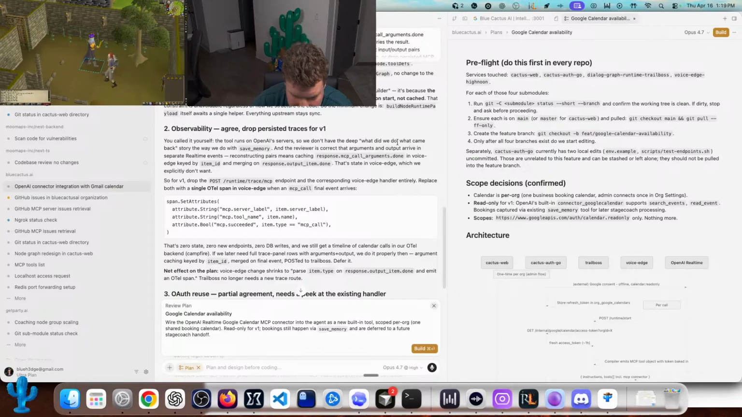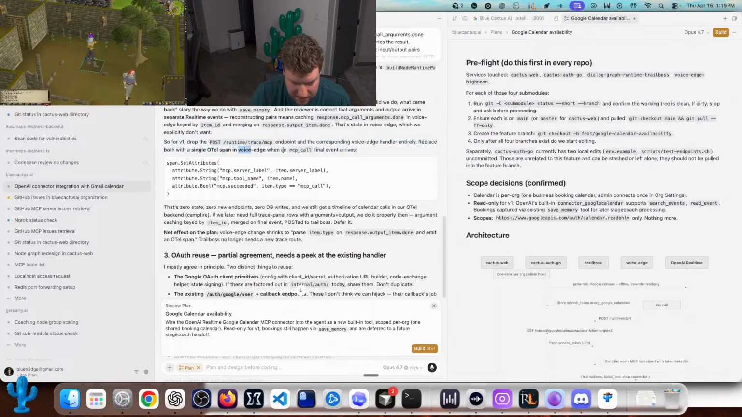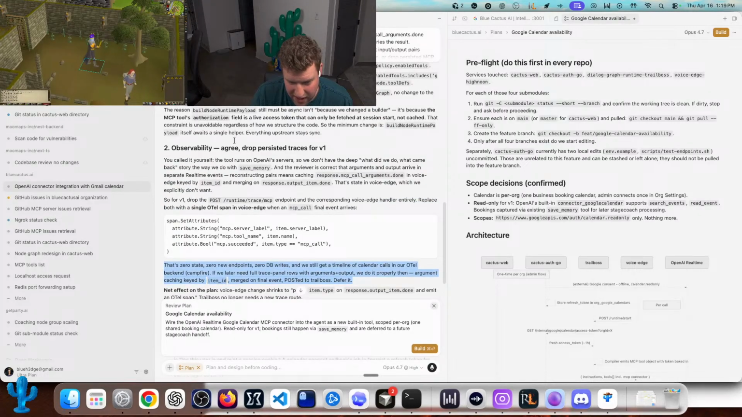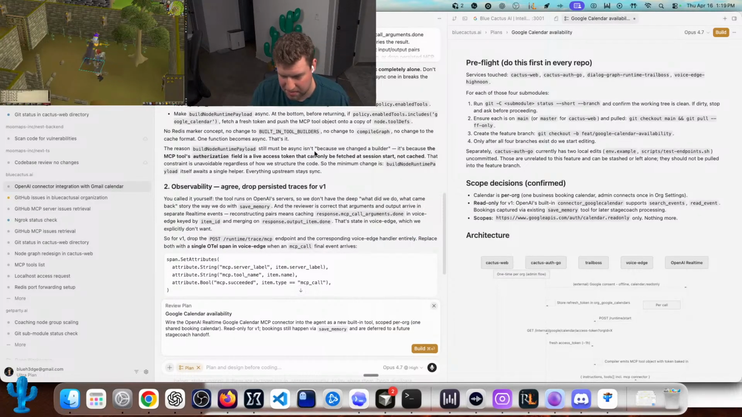So we don't have the deep. What did we do? One, drop the endpoint in the corresponding voice edge. Replace both with MCP call final event arrives. Okay. So it looked like Opus 4.7 did kind of build some extra asynchronous endpoint that I didn't really need just to save this Google Calendar connector. The reason why I made it async is because when you save Google Calendar as a tool, it has to go fetch